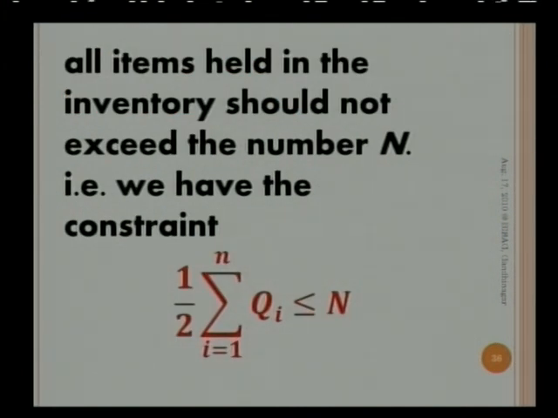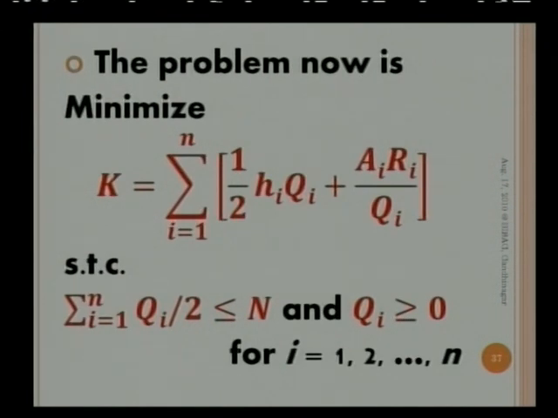We know that the average inventory level associated with each item is nothing but Qi/2. So the sum over all the items is summation of Qi/2, with i running from 1 to n. Suppose the maximum inventory that we are allowing is N, so the total must be less than or equal to N. So we have a constraint: summation of Qi/2 is less than or equal to N. So our problem now becomes to minimize the total cost of the given inventory subject to the constraint that all the inventory